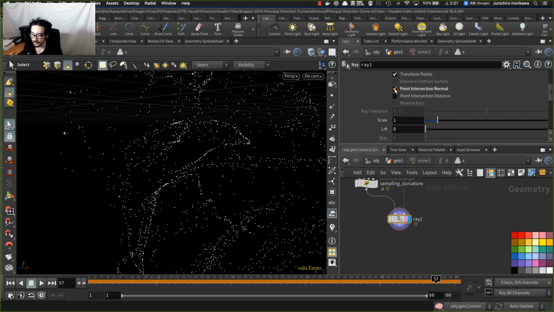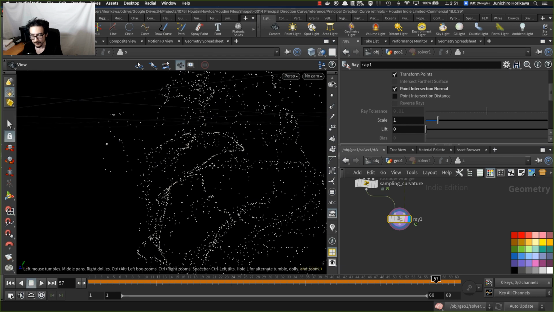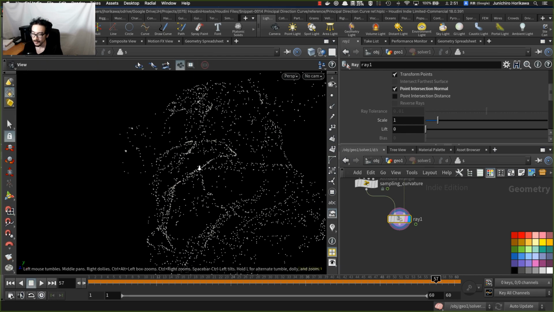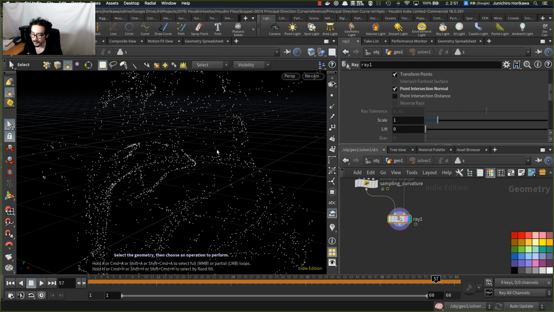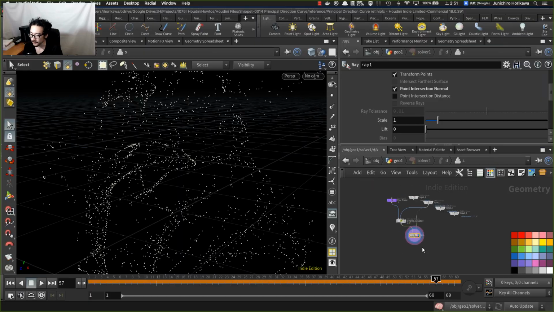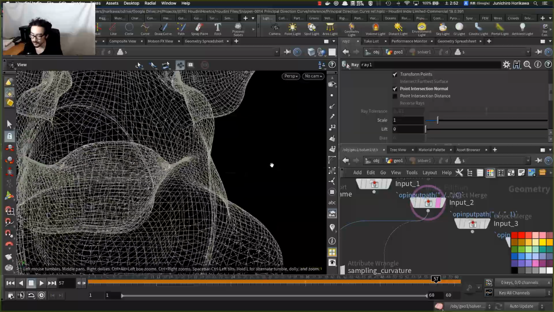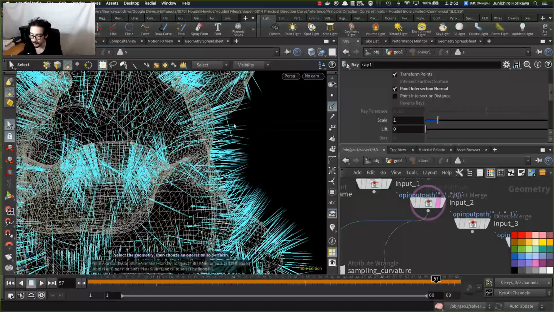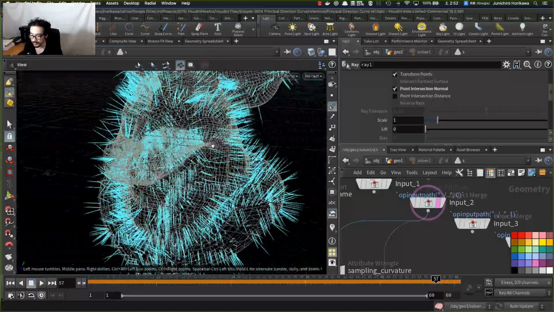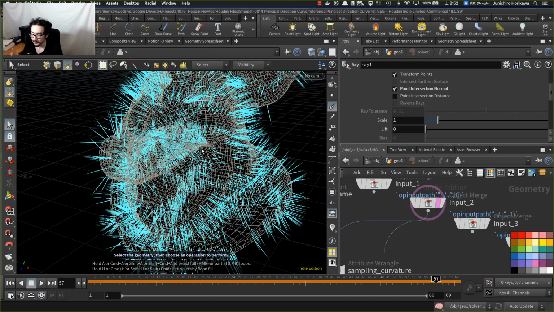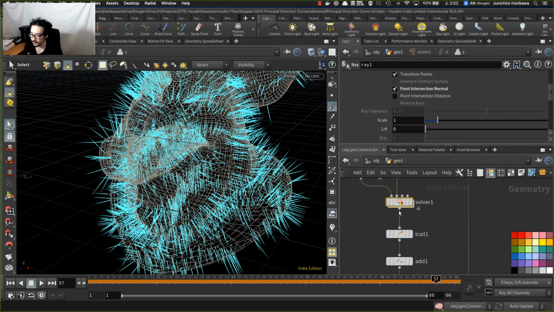So by checking this on, I can have the normal information on each point based on the input geometry, the intersected geometry, which is this one. So if you look at the normal, you have this information, and this direction could be used for the offset,